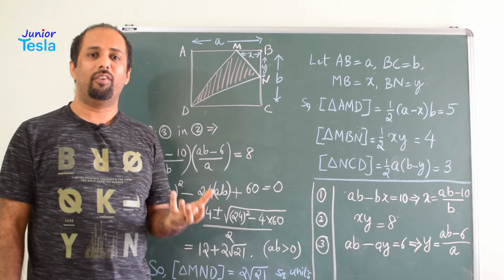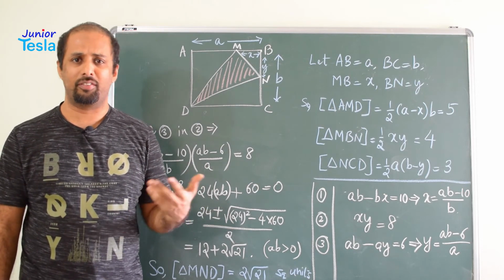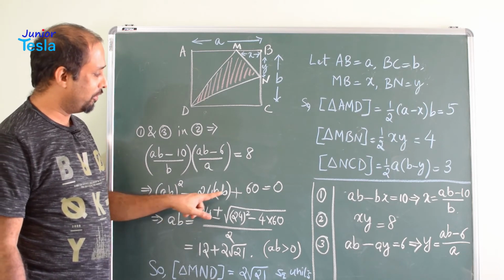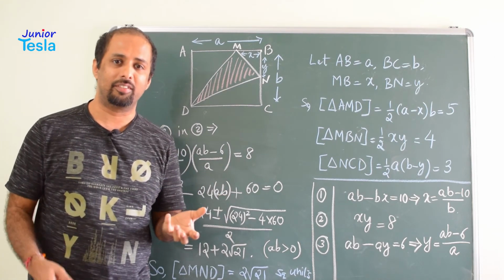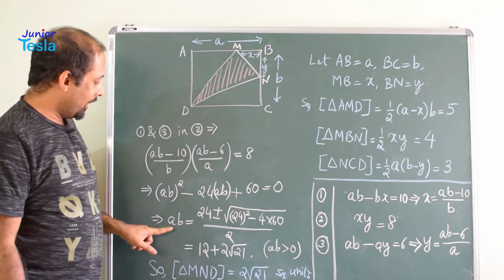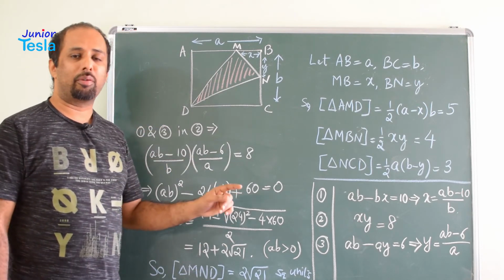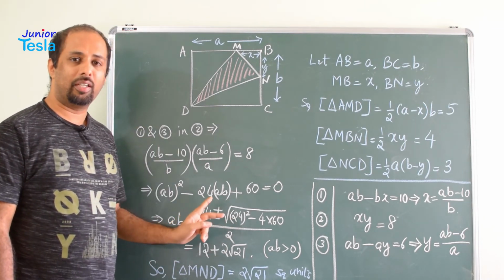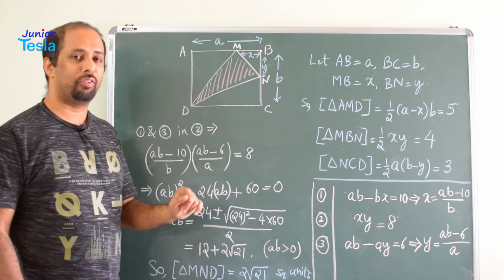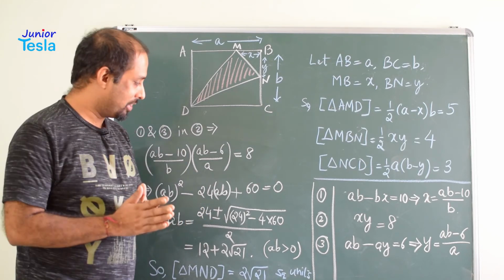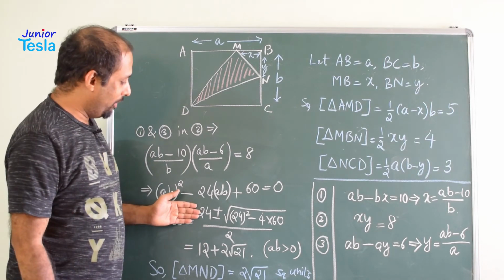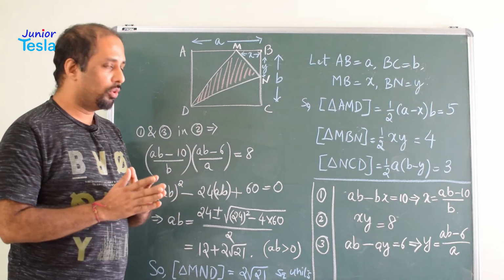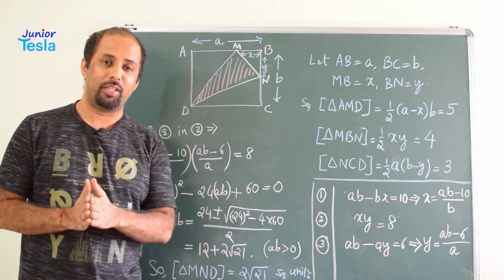So we can find the value of ab using the formula or factorization, anything. Here the formula is better because it involves 24 and 60, so we will not directly find 2 factors. So let us go for the formula method. ab equals minus b plus or minus root of b squared minus 4ac, divided by 2a. When you substitute the values for a, b and c, you will get 24 plus or minus root of 24 whole squared minus 4 into 60, divided by 2. Now if you simplify this, you will get ab equal to 12 plus or minus 2 root 21.